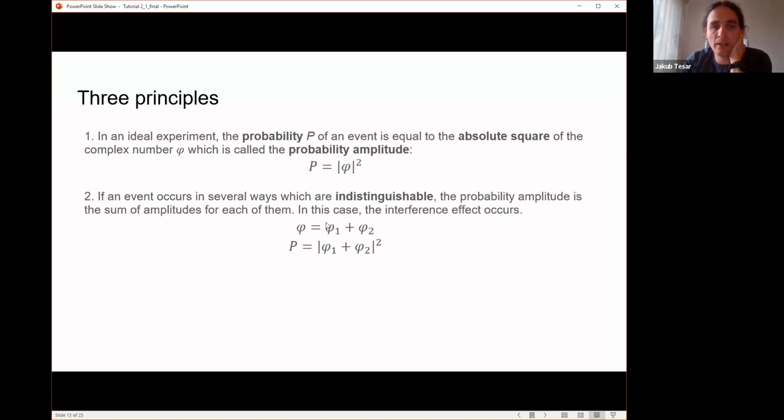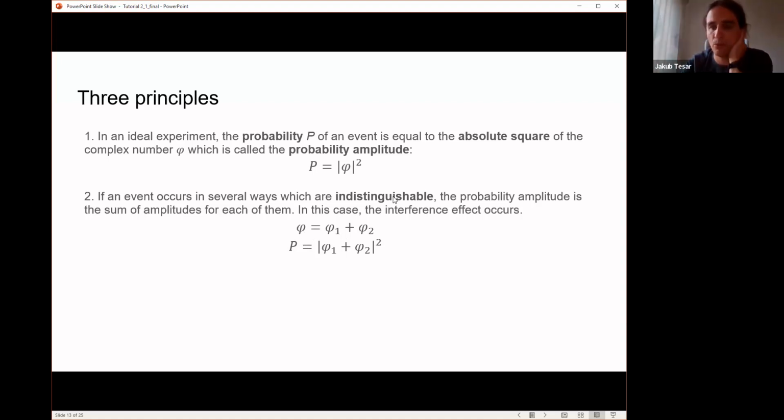One of them would be characterized by phi 1 and the second one by phi 2. The second principle says that if those two ways are indistinguishable, we cannot make the observation and be clear what happened, then the amplitude is the sum of those amplitudes,